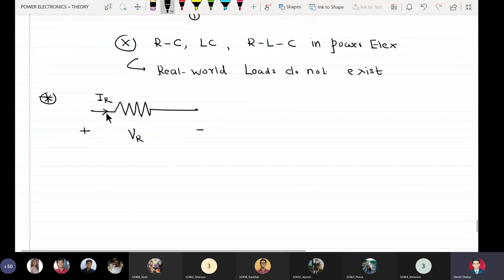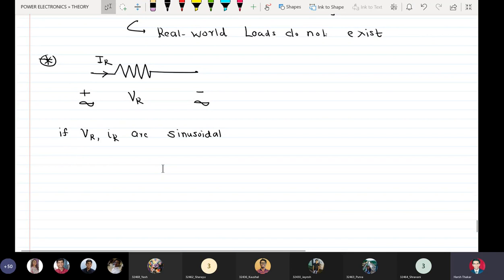This VR and IR can either be DC or they can also be AC. As far as AC is concerned, I can say if VR, IR are sinusoidal,